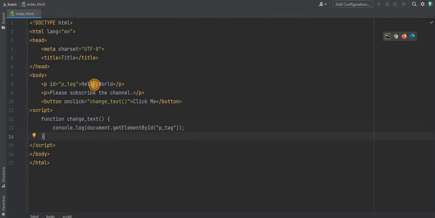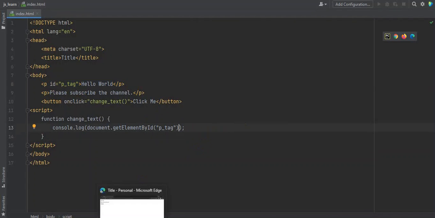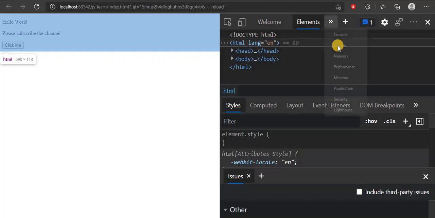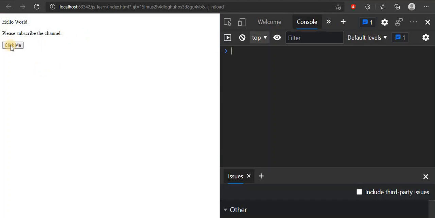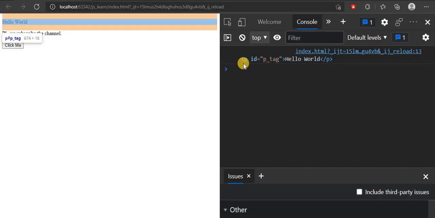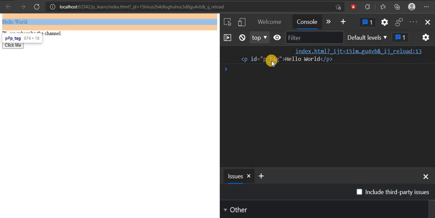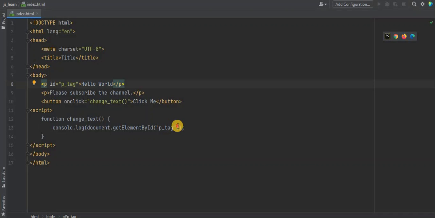And this will get the element using this ID. Let's see what happens. So when I go to my console and click this button, you can see the same code is there which I used here. So it's getting the element, and to access the text inside this element, I can use the innerHTML attribute, dot innerHTML.